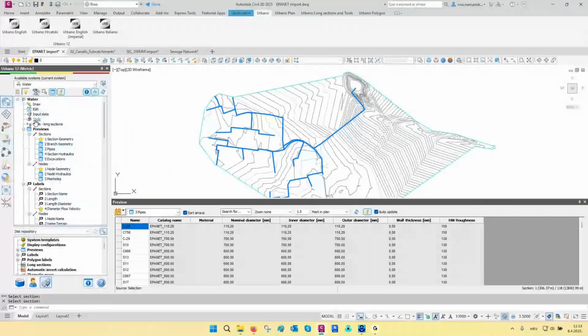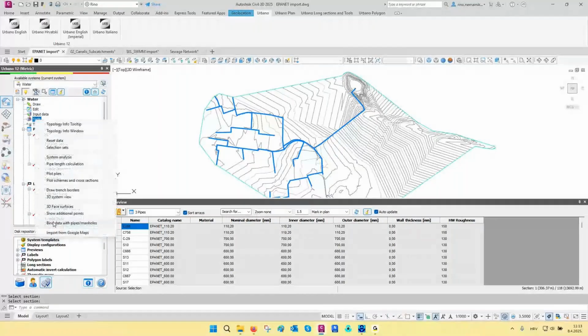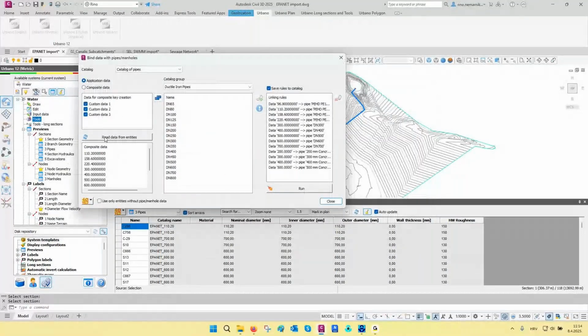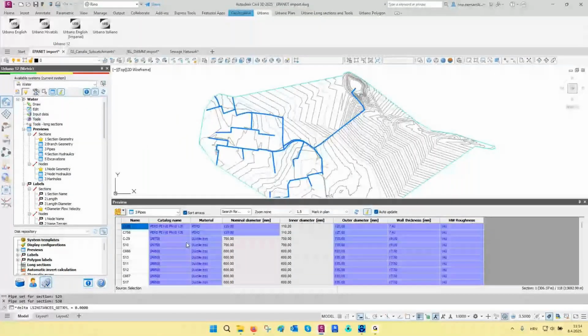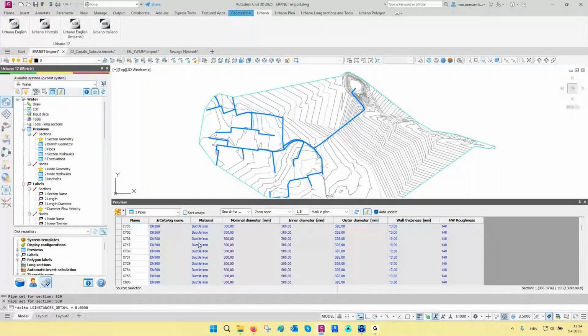going to Tools and binding of the data with pipe and manhole catalog. So in custom data 1, we have this inner diameter data that we can now bind with any catalog from the software. And what is great about this is that you can save these connection rules to catalog. So when I click Run, notice that now we have all the real pipes set. So you can see that we have ductile iron and also PEHD pipes, and we see the real dimensions of